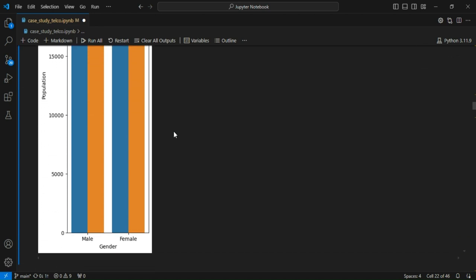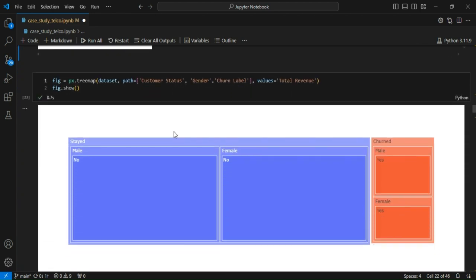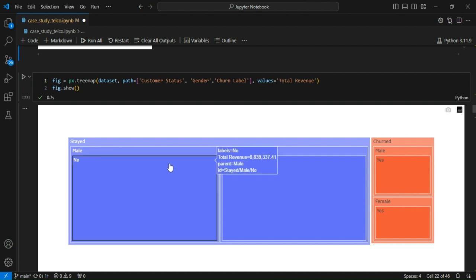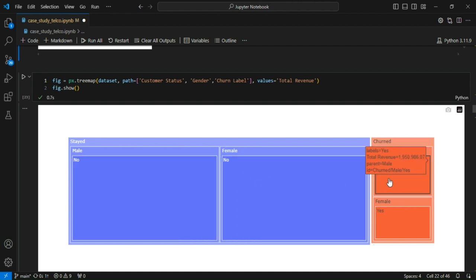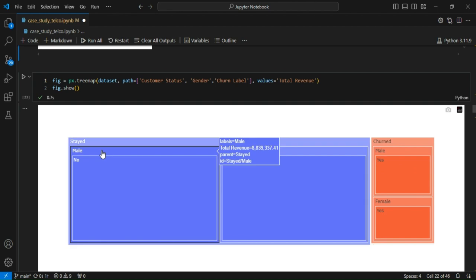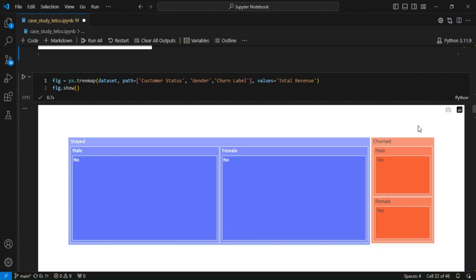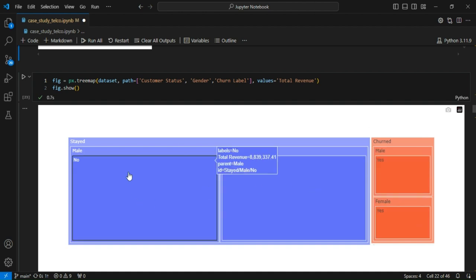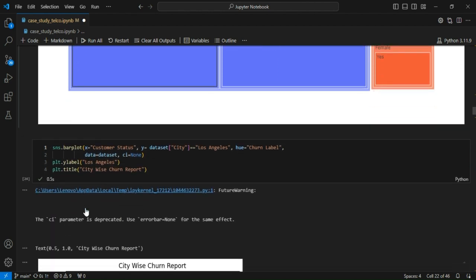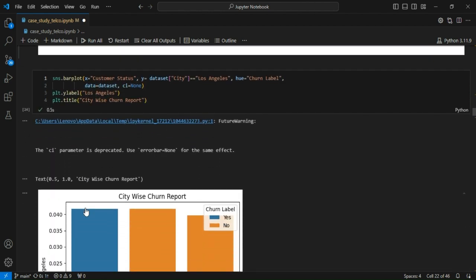gender like this. So now I am again using the tree map, which is for customer status, gender, and churn label. And for values, I would like to take the total revenue obviously. So here you can see the male, female. This is showing for the stayed customers, and this is showing for the churned customers, male and female wise. So this is the interactive chart, and I hope you like this chart and you will use it in your practice